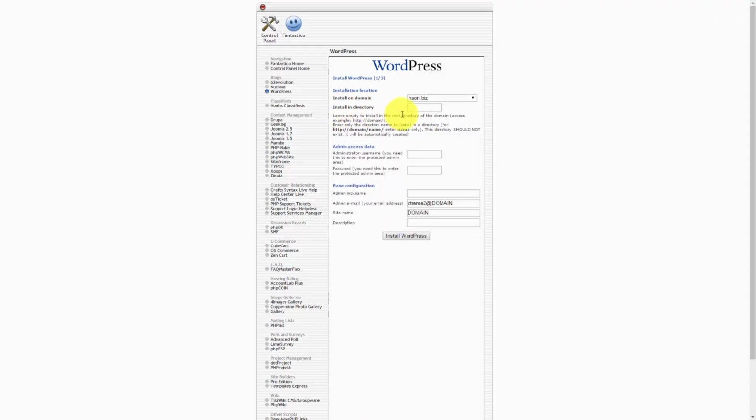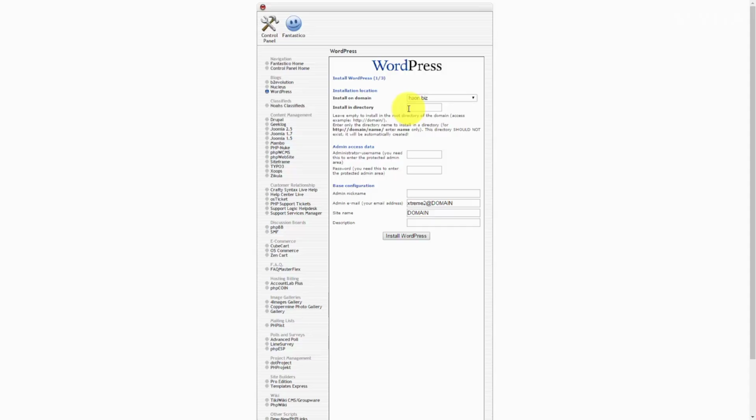It's going to allow you to install WordPress in a subdirectory, and you can certainly do that, and that is one of the benefits of being able to use Fantastico and even using WordPress. We could theoretically install WordPress across our domain in many subdirectories, but in this particular case, we're just going to focus on one. When you come to this screen, you are going to be given a choice by WordPress to either install WordPress in the domain where it will be the root domain, or you can install it in a